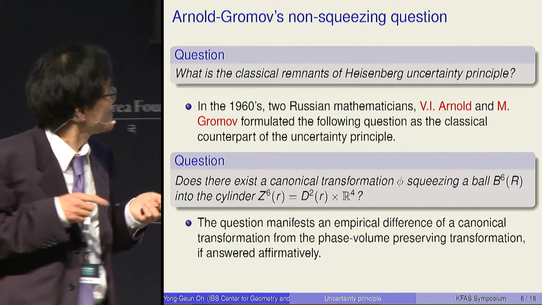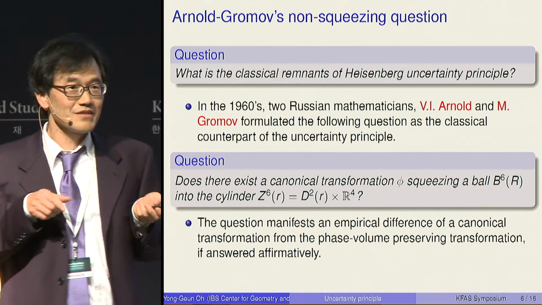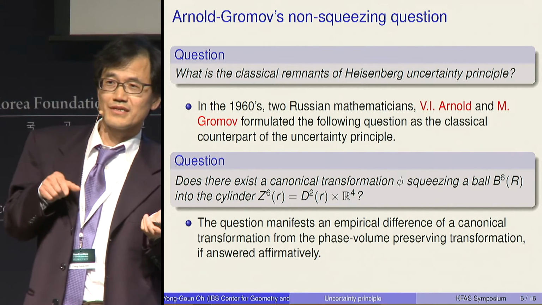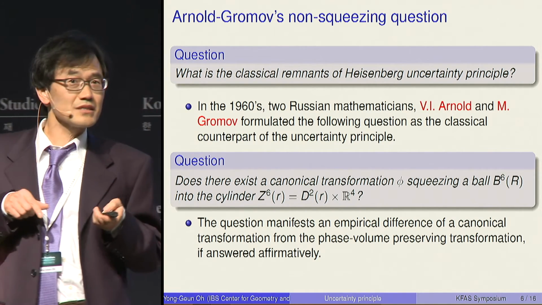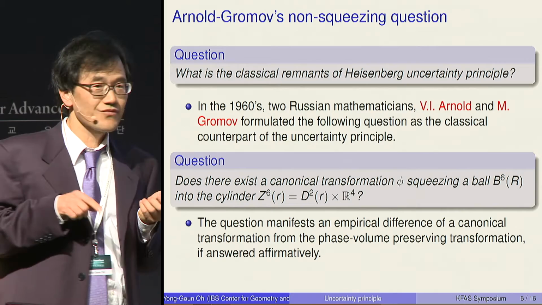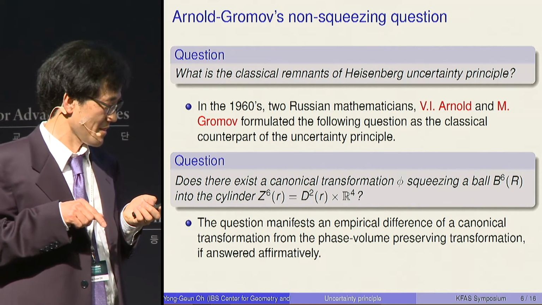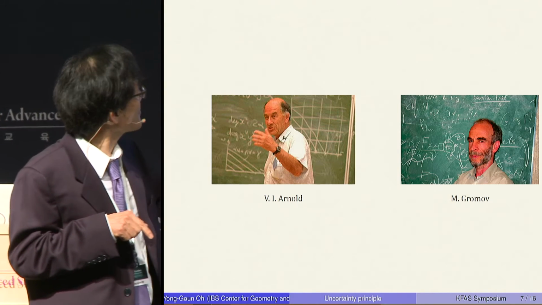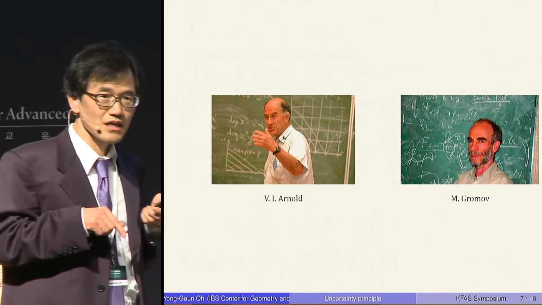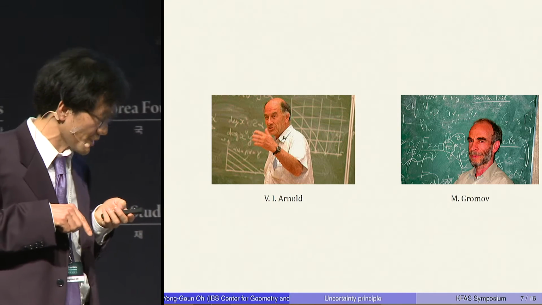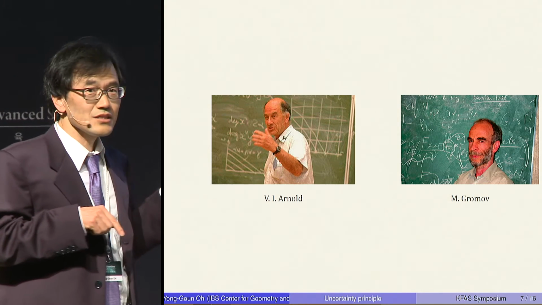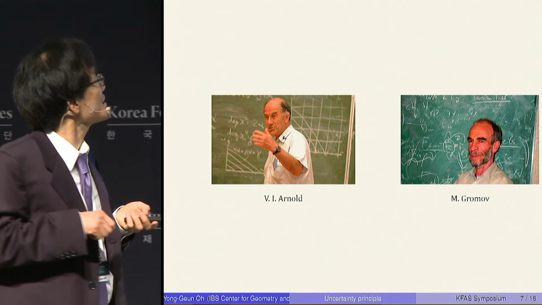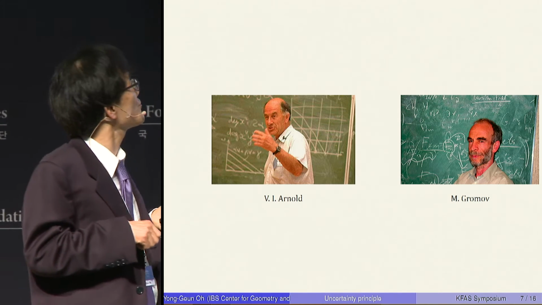And if this question is answered affirmatively, this will manifest an empirical difference between this canonical transformation or Hamiltonian flow and the volume preserving flow. And these two are the mathematicians, Arnold and Gromov, who studied this whole question. And these questions withstood solution for the last 30 years since the question was formulated